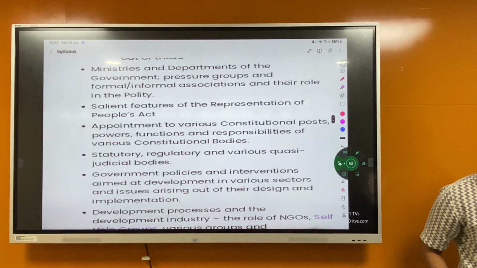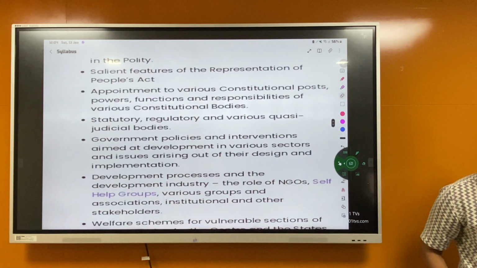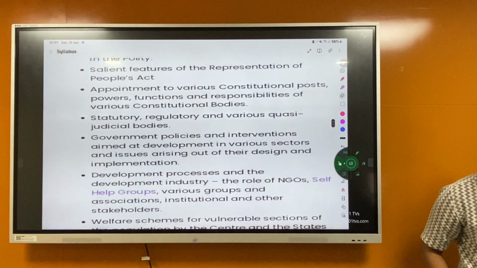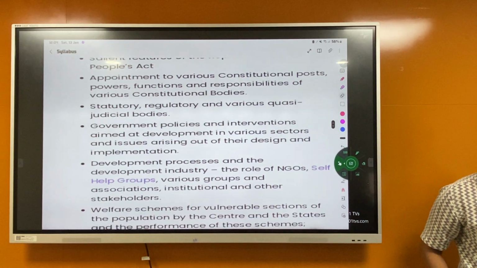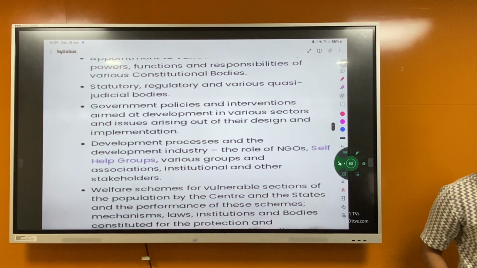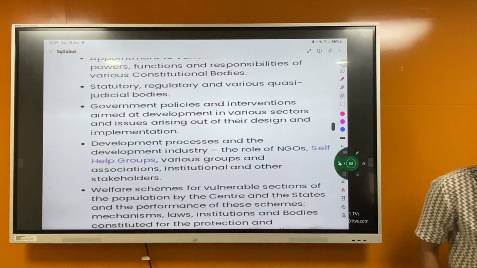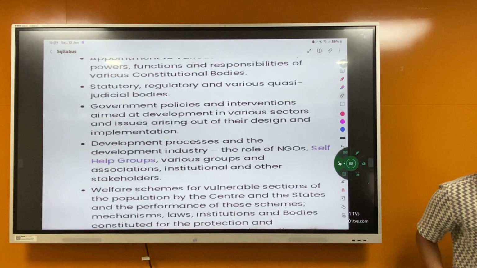Appointment to various constitutional posts, powers, functions and responsibilities of various constitutional bodies. Statutory, regulatory and various quasi-judicial bodies. Government policies and interventions aimed at development in various sectors and issues arising out of their design and implementation. Development processes and the development industry. The role of NGOs, self-help groups, various groups and associations,